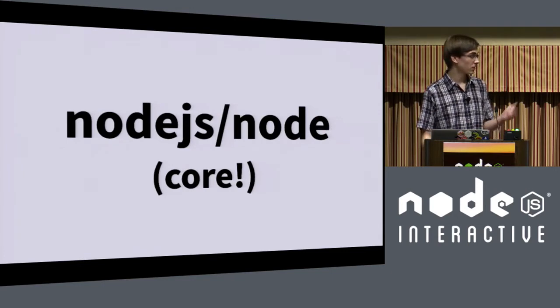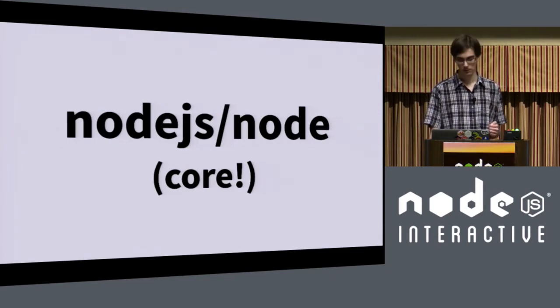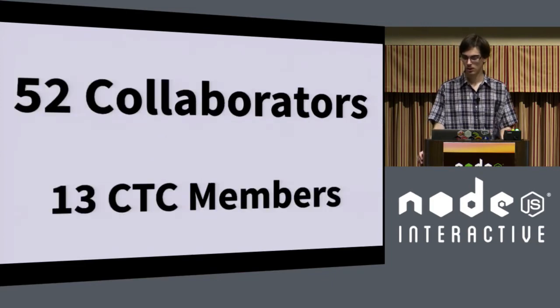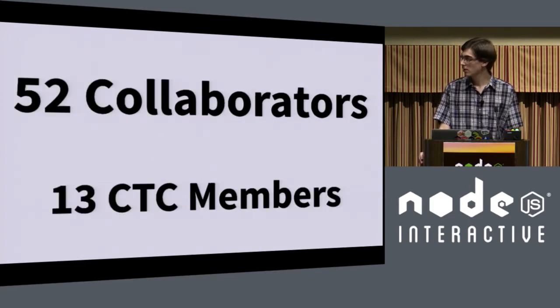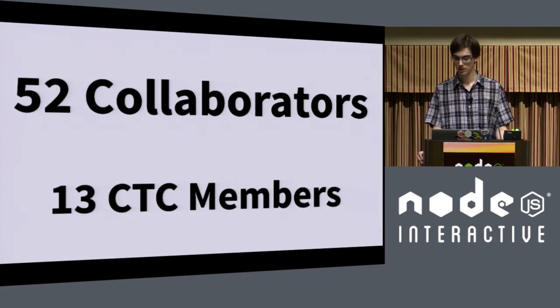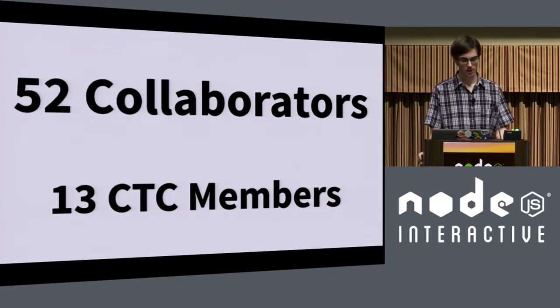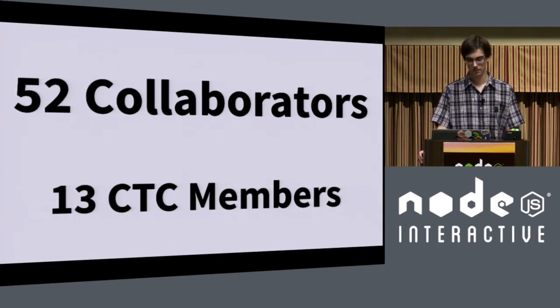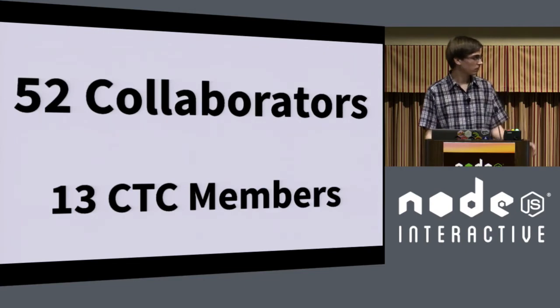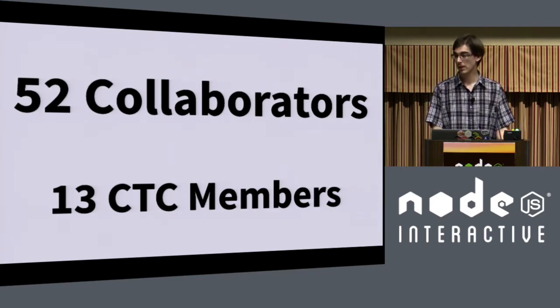But the Node.js project, of course, also houses what we refer to as Node Core. And Node Core now has 52 collaborators, as I mentioned, and also 13 TSC members, and CTC members. I believe James Snell mentioned that at his keynote, the difference between that and the technical steering committee. The CTC is about core in particular. TSC is a bit broader than that. And we're looking to always grow that and looking at better ways.